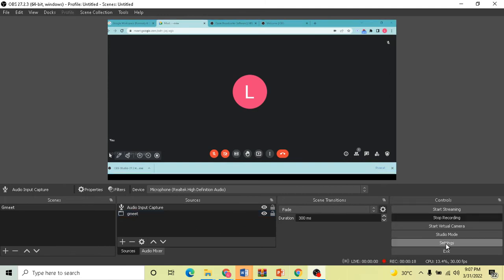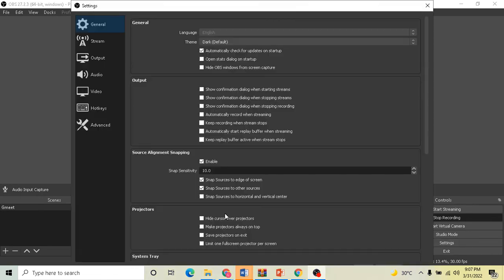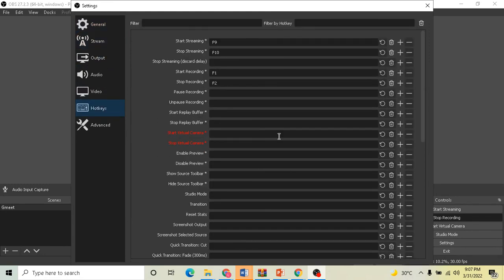So, okay, by clicking on the setting, we can set the hotkeys. Okay? So down below, you have your hotkeys, and then anong ibig sabihin ng hotkeys? You can set function or keys sa inyong keyboard para sa mga functions na gagawin mo later on. Okay? O process na gagamitin mo later on. Kasi habang nasa Google Meet session tayo, mas maganda na naka-minimize to, of course. Okay? So, doon sa ating start recording, I can set